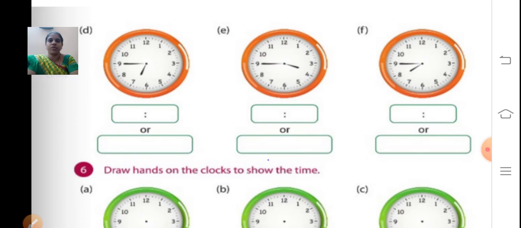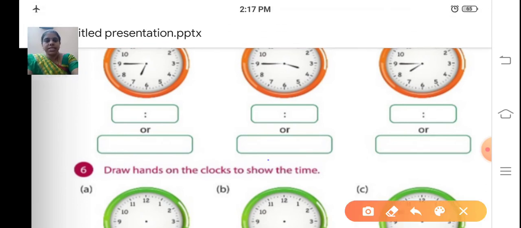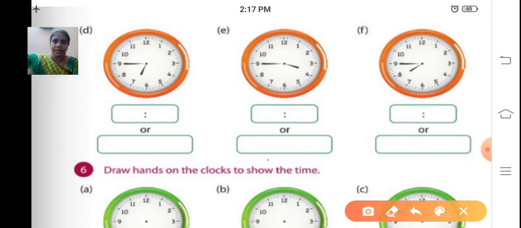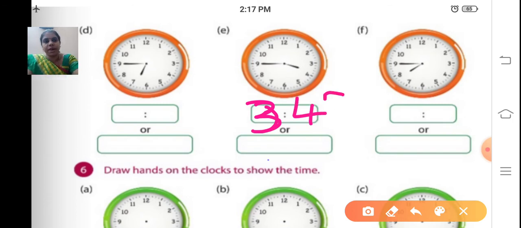So here you will do as homework, isn't it? So e-sum, just see the time and tell me. Yes. So the smaller hand, where is it? 3. It has crossed fully 3, right? So time is 3. Where is the longer hand? It is at 9. Same way, right? So 9 5s are 45. What is the time now?